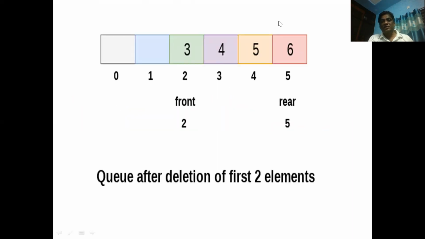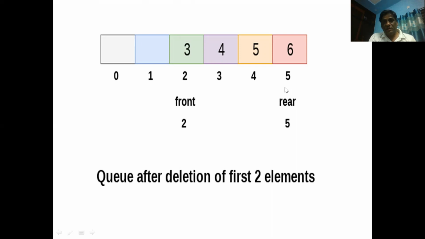And with this the linear queue implementation is completed. But the problem with linear queue is, if you perform deletion operations, suppose this is an example of having front at 2 and rear at 5.